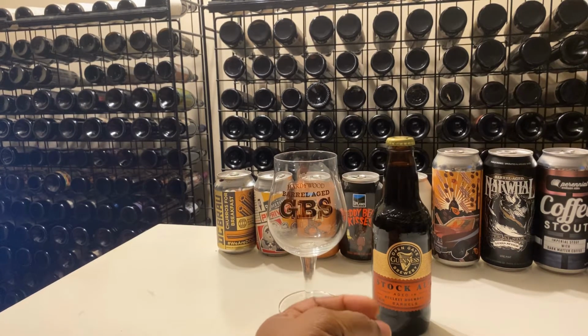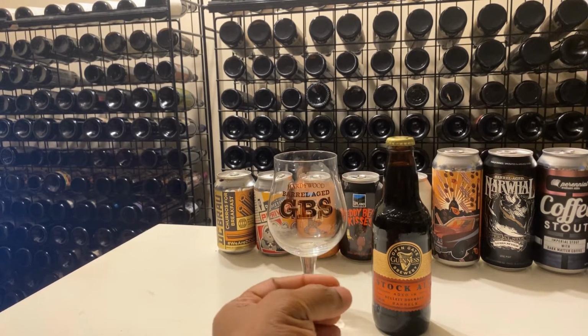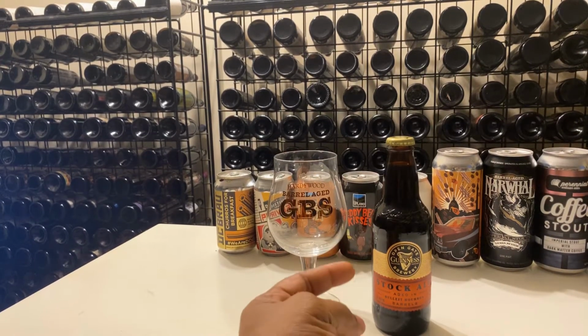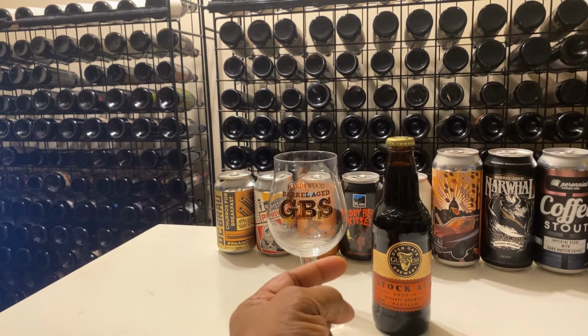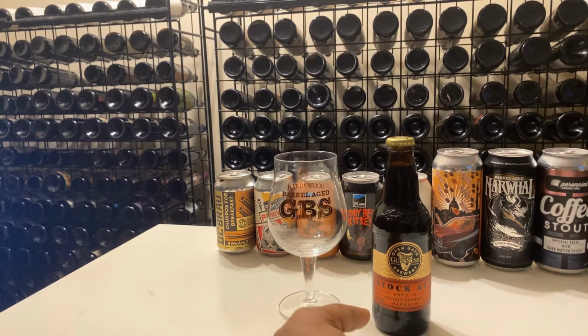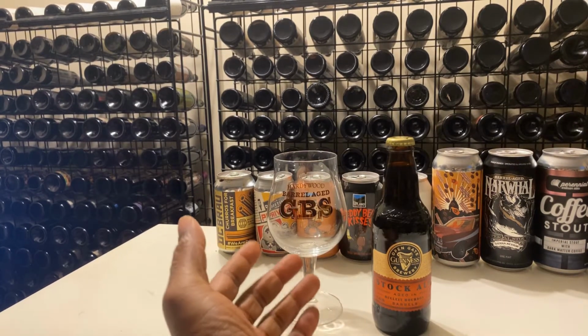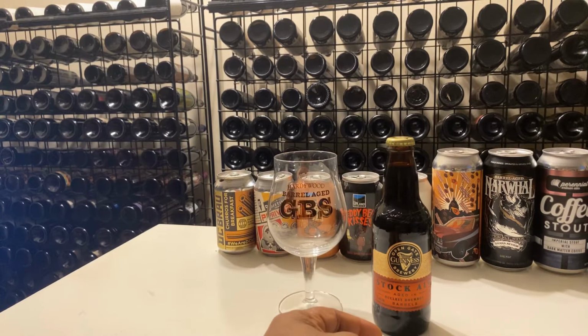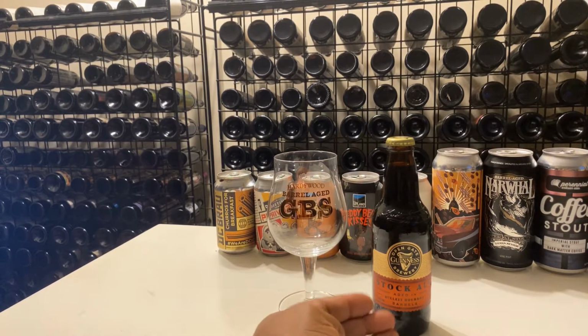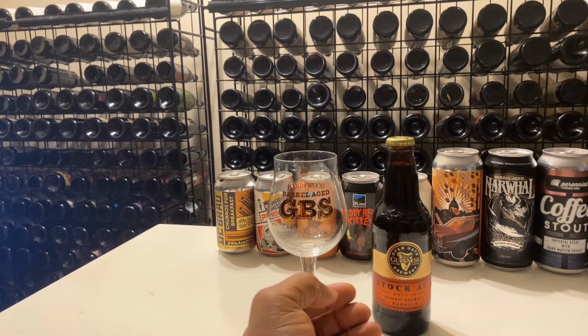And the cool thing about this beer is the companies that are actually supporting it, right? You have two larger conglomerates basically producing the stock ale, which kind of gets me excited. I totally am excited for this beer, mainly because, one, it's a known brand. You have Guinness, which, since I started drinking stouts, you know